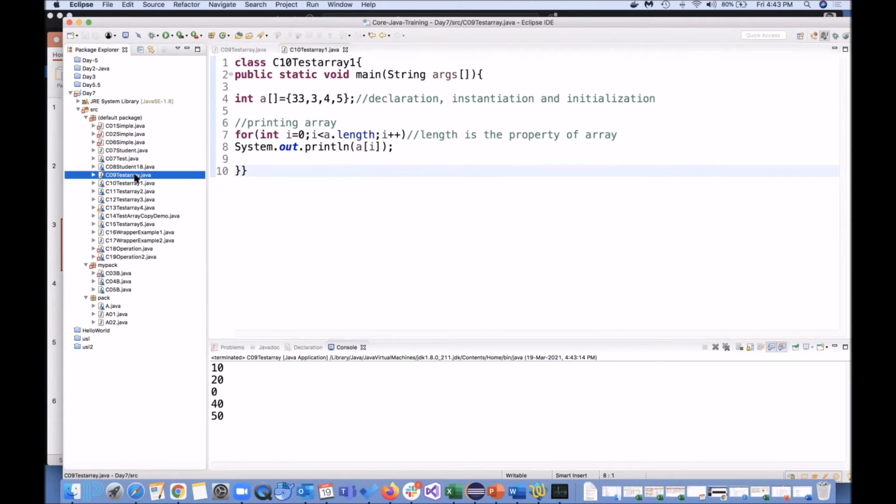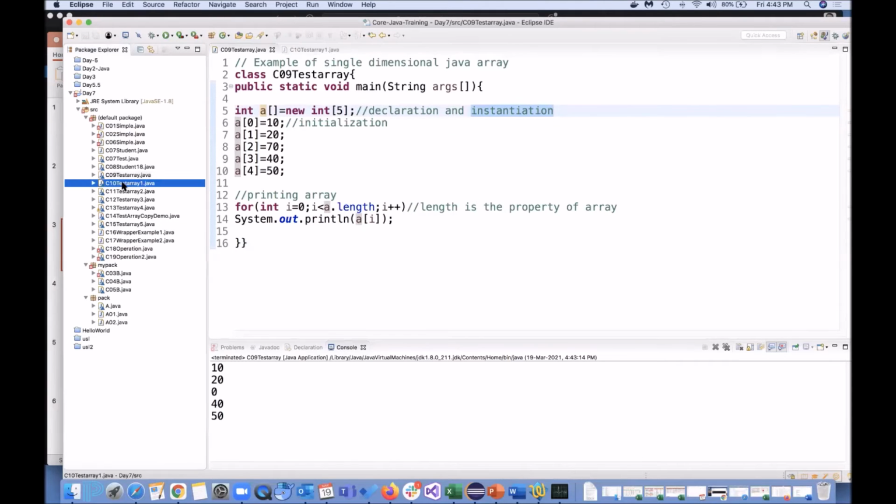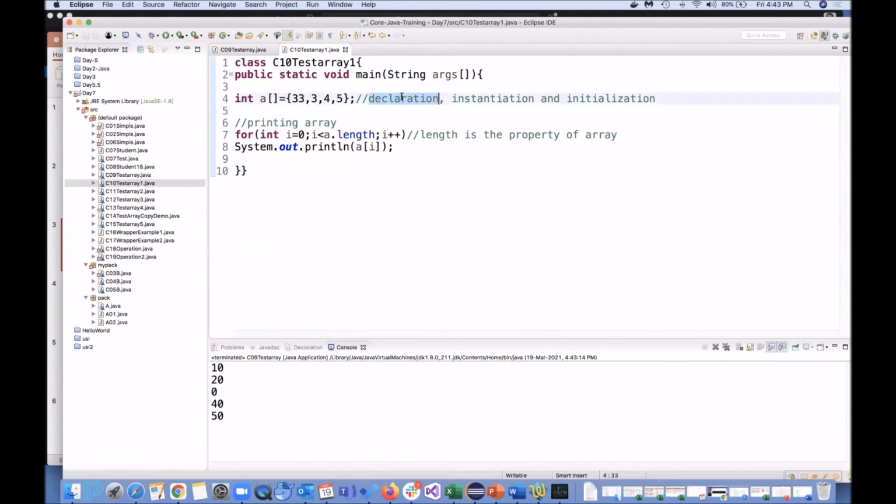So here we just declare and instantiate. Here in this example, we declare, instantiate and initialize. Doing this is known as declaration, that I declare it as an int array.